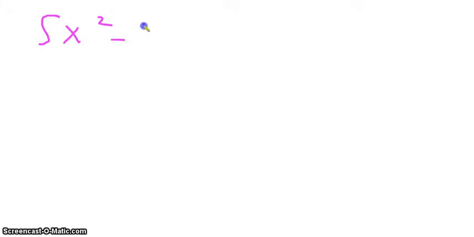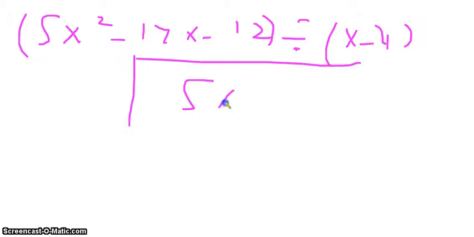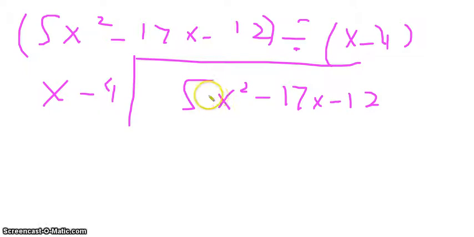5x squared minus 17x minus 12, divided by x minus 4. Okay, set up the same way. So 5x squared is in here, minus 17x minus 12, and x minus 4 is over here. So I think to myself first, 5x squared divided by x, what's that? Well, just 5x, right? So 5x, and then I plug that back in, and I'm timesing 5x by x minus